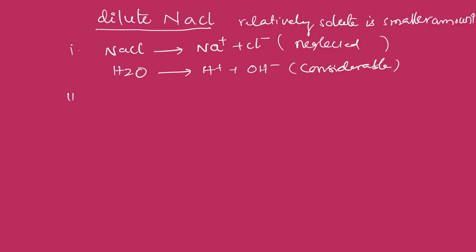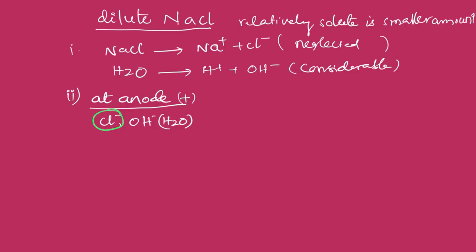Now the second step is at the anode. At the anode, what is the charge? Positive. Therefore, which ions will come here? Cl minus and OH minus. OH minus actually comes from which one? Water. Now which is a negligible amount? Cl minus is a negligible amount, therefore it is not used. We are using OH minus now. OH minus actually comes from water, therefore